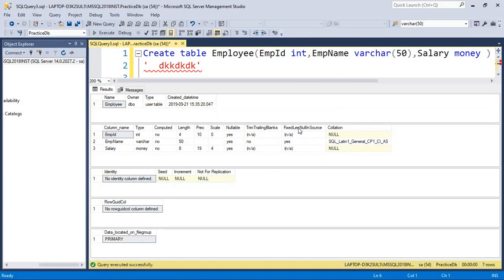That's it. And fixed nullables, these are not required. This is a collation, in the sense this is the format of the data storage. That means in which format, which language the data will be stored. Compatible, that one is